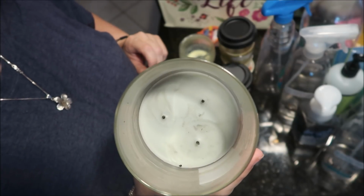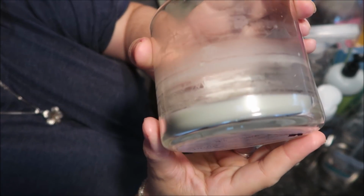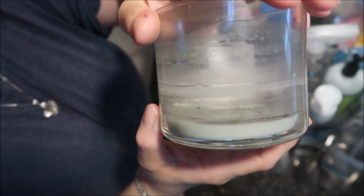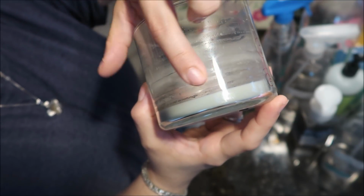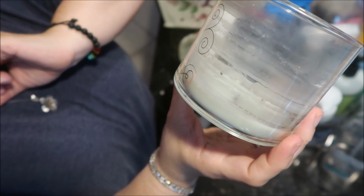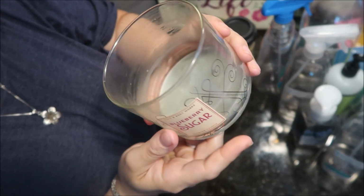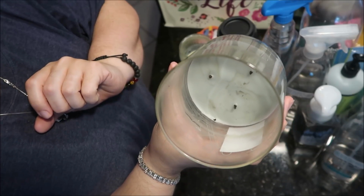So this one was a very light blue in color, and it is riddled with soot. Like, you can't even tell that it was light blue really anymore because it is so black in here, and I know the camera doesn't really do it justice, but this is like laden with soot all the way around. There's still a fair amount of candle in here, and for the price of $24.50, I want every ounce of wax out of there. I just don't like the fact that the wicks have burned all the way down,